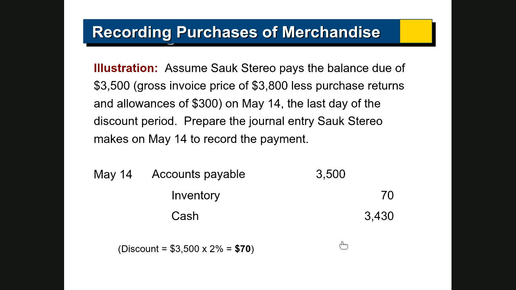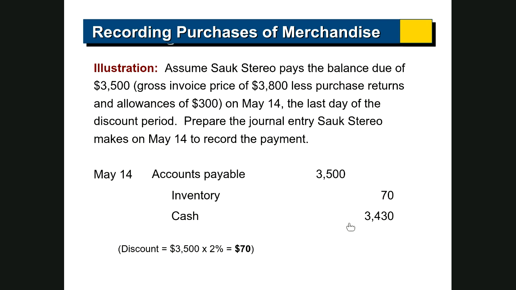So what happens now here? Assume that the company pays the balance due, right, on the 14th of May, which is within the discount period. So remember, they initially bought $3,800 worth of items and they returned $300. So now they have to pay $3,500. The way this is recorded is you have to use the entire accounts payable. The entire 3,500 accounts payable will be reduced. You have to debit accounts payable. You cannot leave any accounts payable, but you're only paying